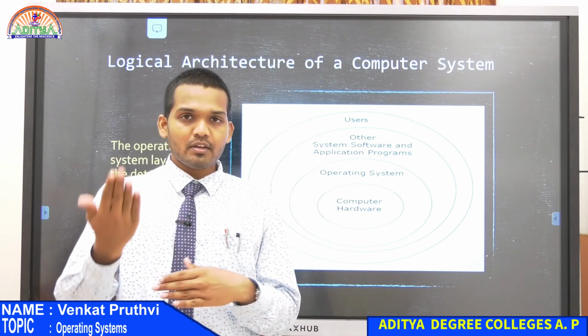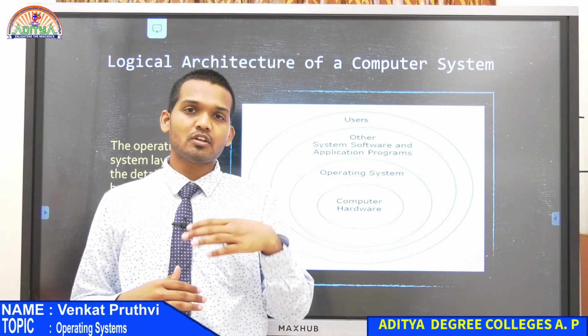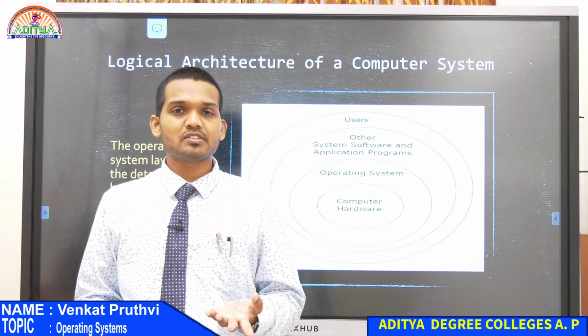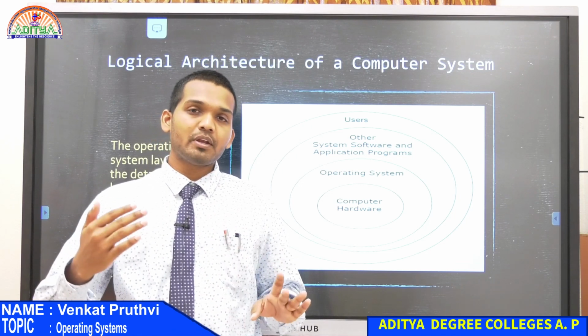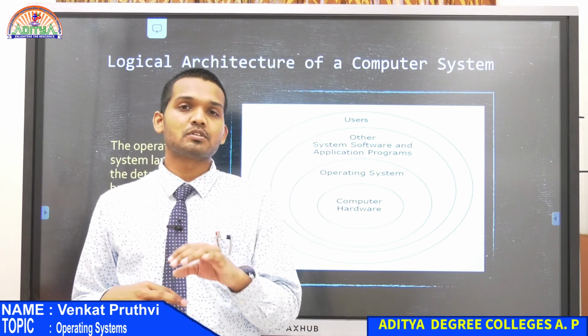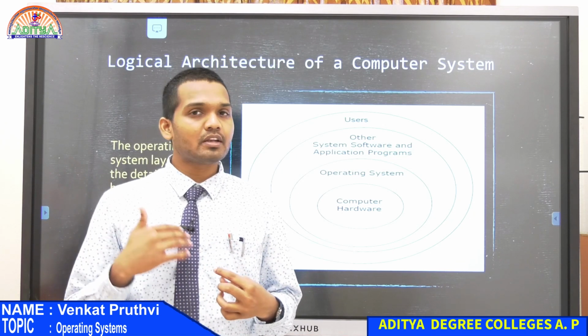On the top of hardware, we have the operating system now. So that is why we install operating systems. When we install operating systems, is it sufficient? No, because we are only providing a medium between the hardware and the user with the help of operating systems. That will only help us to interact between the hardware and the user.